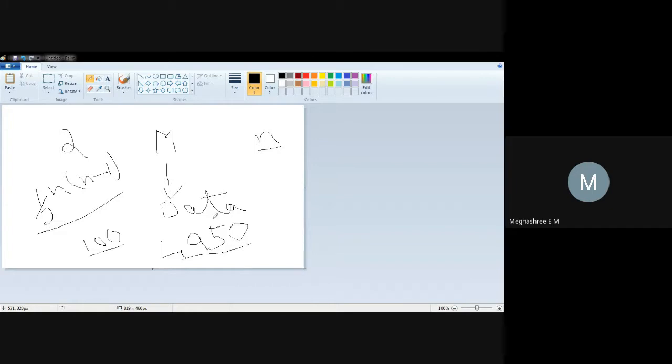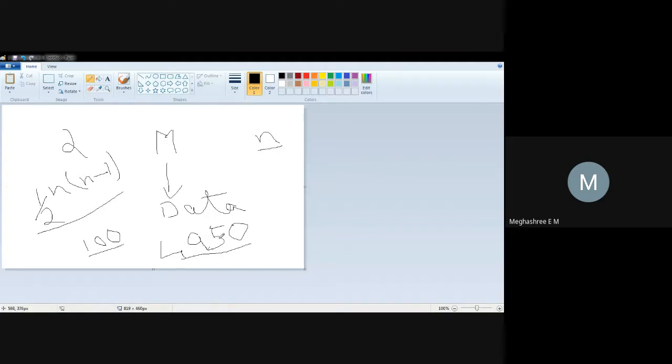So if there are 100 users in this network, then 4950 separate master keys should be generated for these many pairs of users, right? So we have to generate the same master key for all these users of this network. That is a waste of time, and also keys may get compromised, right?